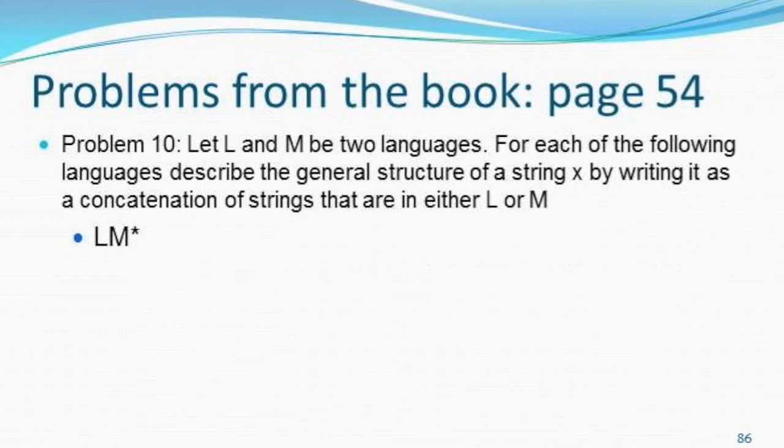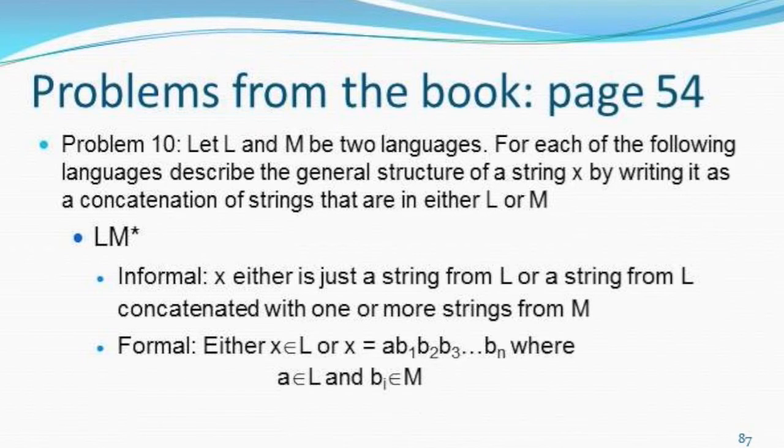Let's do another problem from the book. This is problem 10 from page 54. So if L and M are two languages, and this is saying for each of the following languages, describe the general structure of a string X by writing it as a concatenation of strings that are either in L or in M. So it's basically saying if you have a string that is in your language, tell me what the string looks like. So for the language LM star, I might informally say, well, X is either a string in